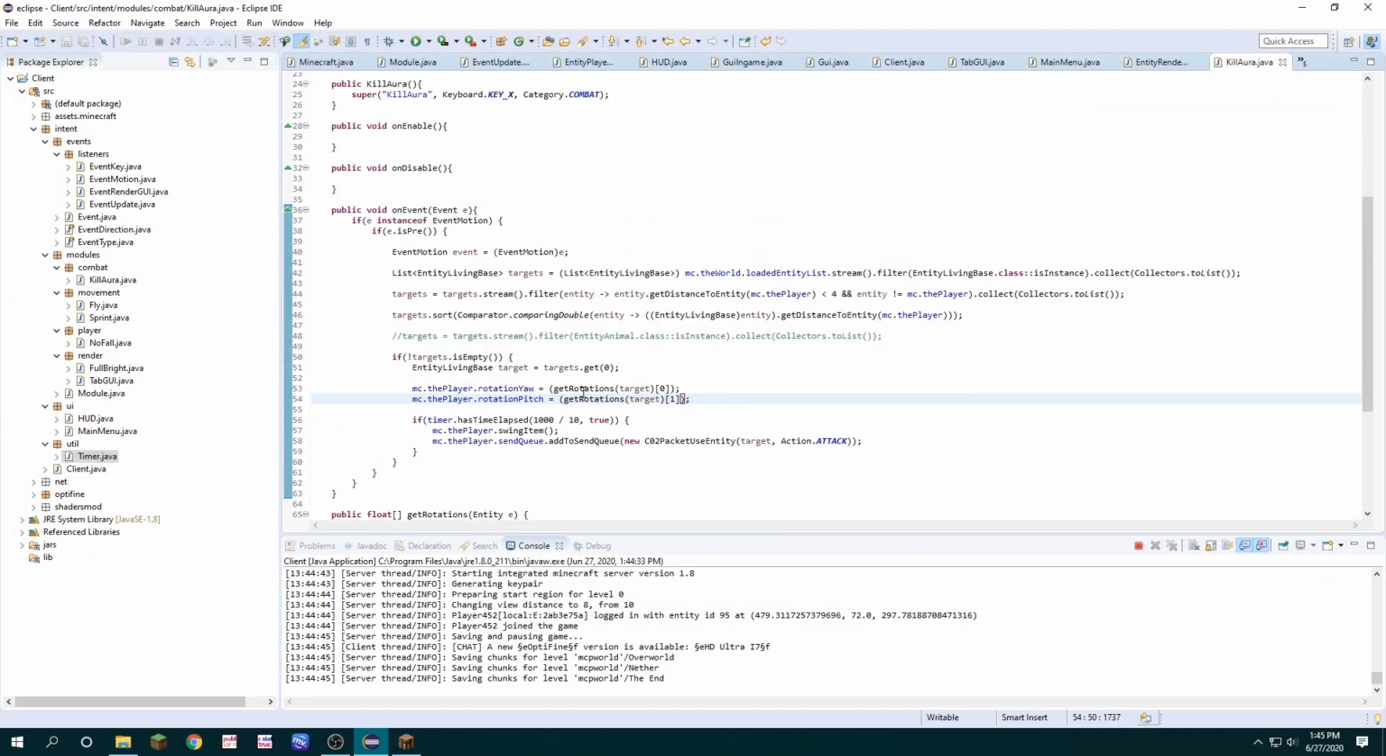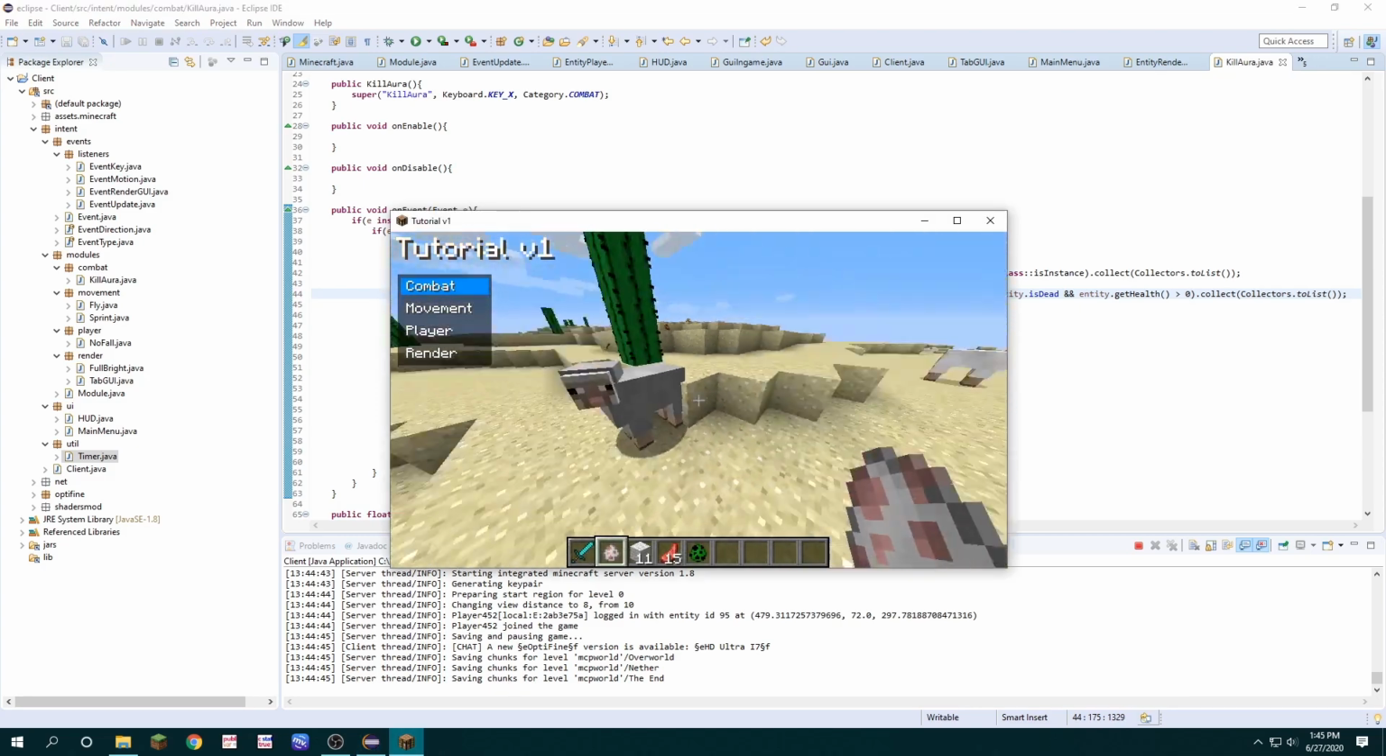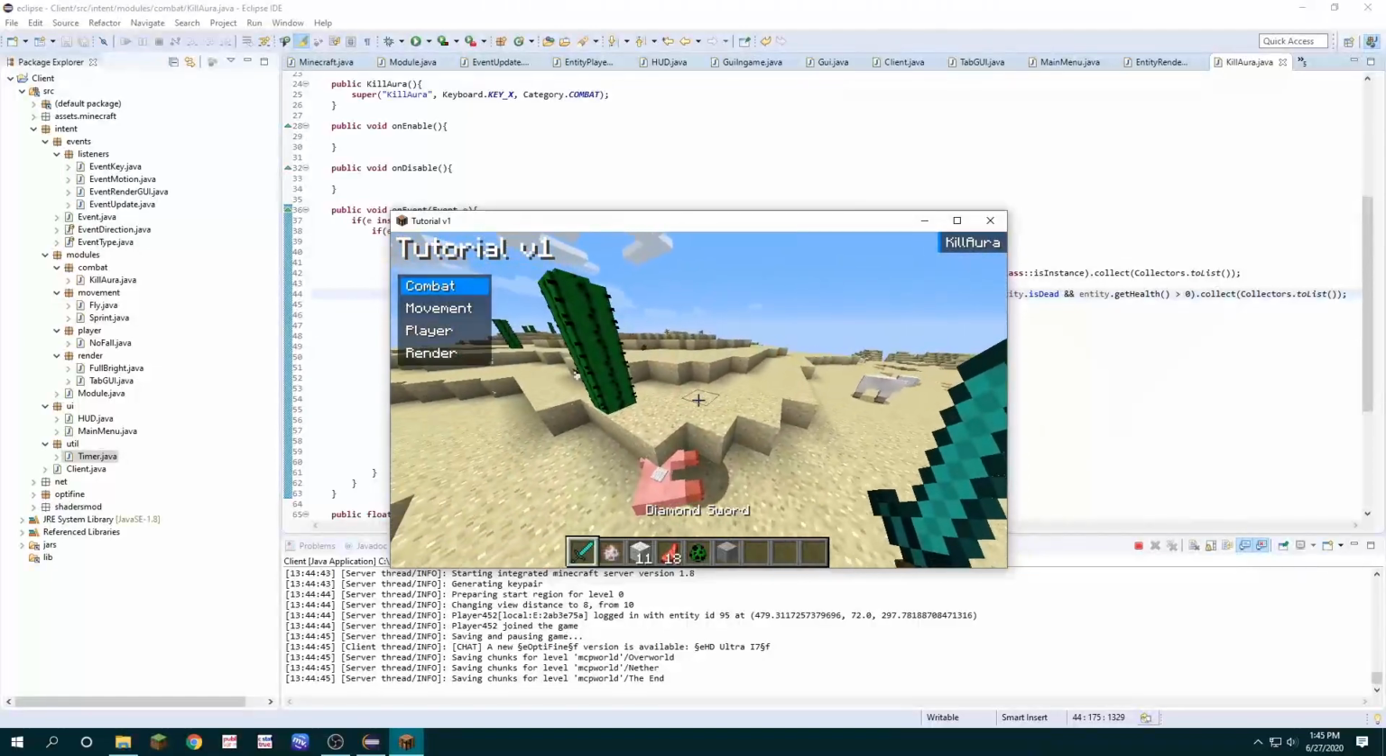And then there's also one more thing we can do. After I roll this back to the server side rotations, we can also say over here where we filter out the distance and those type of things, we want to make sure that the entity is not dead and that entity.getHealth is greater than 0. So now when I attack a sheep and I kill it, it'll immediately stop attacking instead of continuing to beat